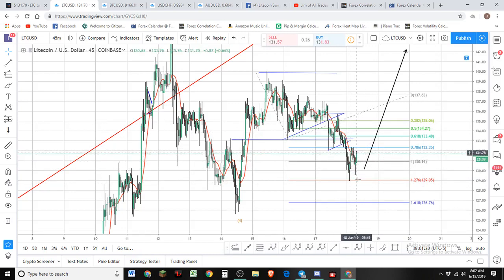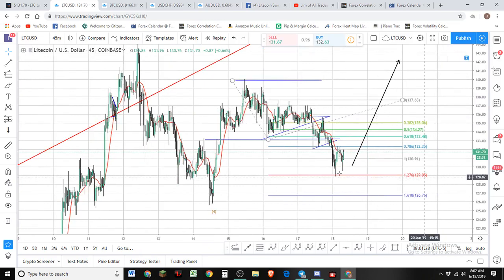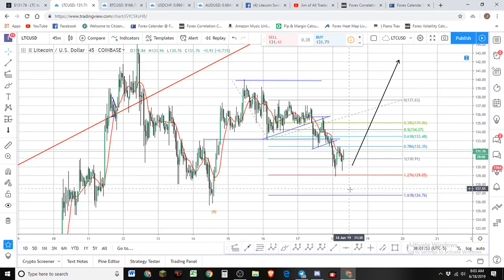I'm not sure if there's more downside to go here, and I just want to talk about that potential. I called the entry here about 129, so we've had our entry tagged, and it's a good place to enter the market. But if price significantly continues down, I think you can place your stop right underneath this 1276, because if price breaks that significantly and closes, you might even make it a little bit lower. If price comes down and closes significantly below it, chances are we're going down further,